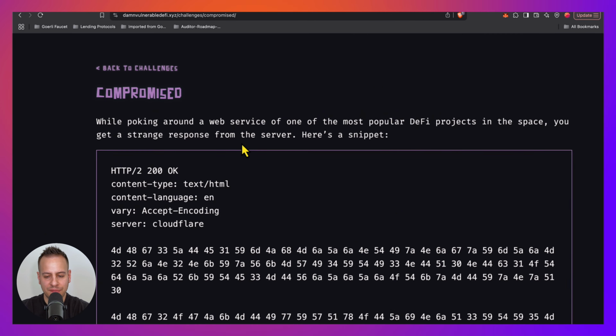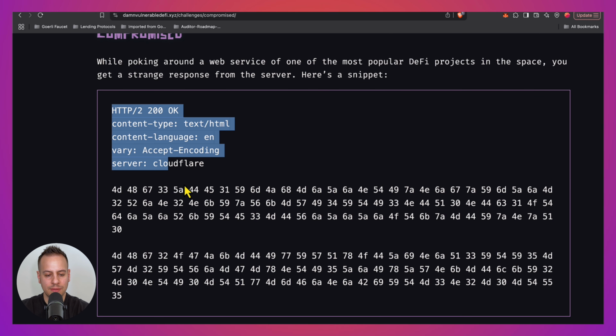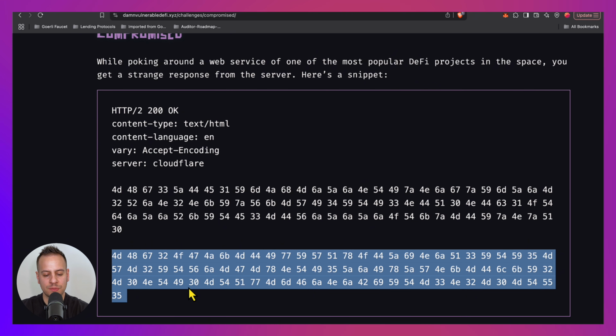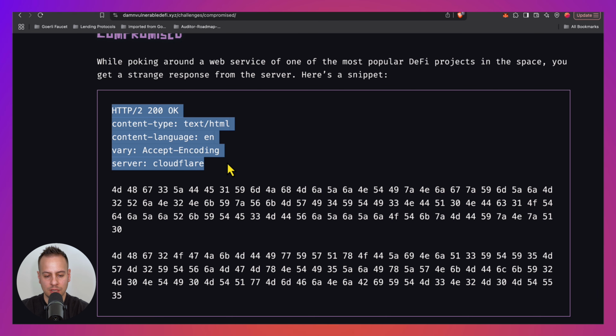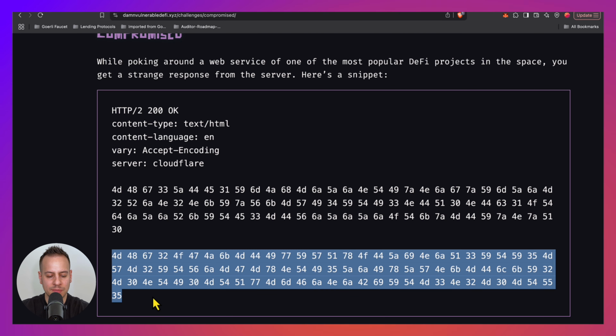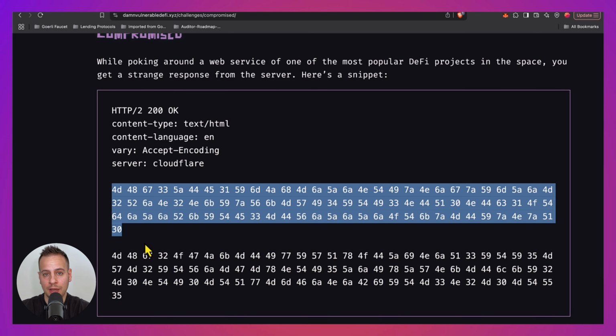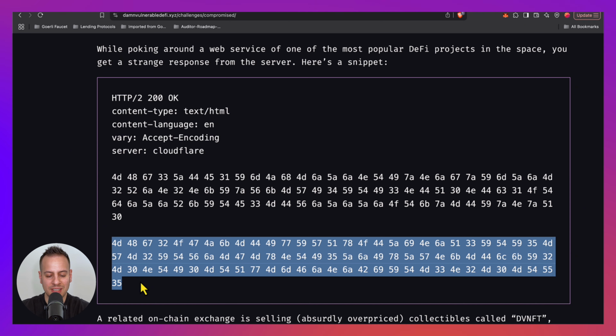Alright, Damn Vulnerable DeFi version 4, Compromised, here we go. While poking around a web service of one of the most popular DeFi projects in this space, you get a strange response from a server. Here's the snippet. So you got a 200 OK HTTP response that looks cool, and we have some encoded data inside. Seems like two separate pieces of data that are not readable by human beings, but they're in some kind of